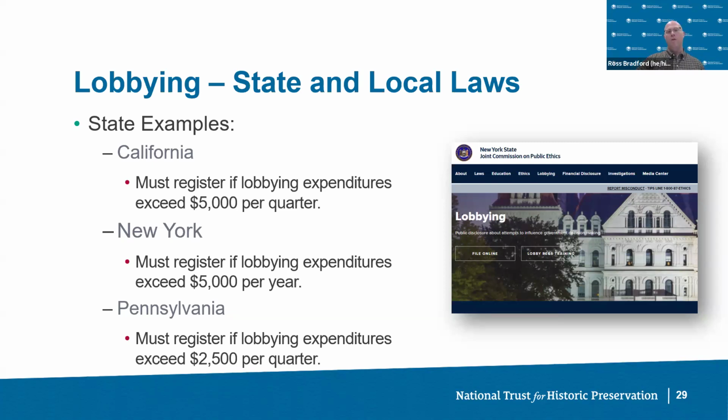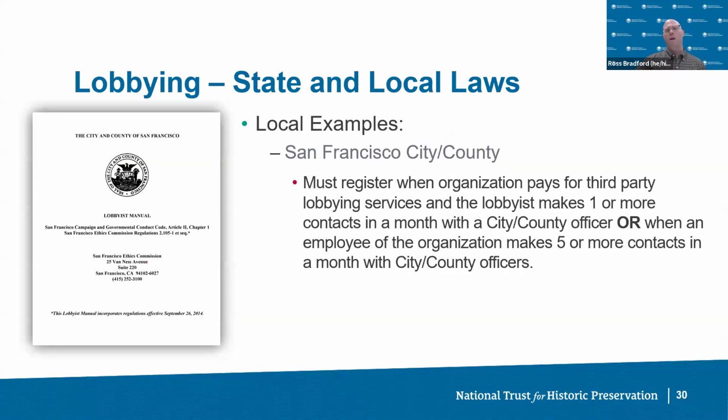And then drilling down a little bit further to the local level, in San Francisco, for example, if your nonprofit were to do any sort of lobbying and you employed a third-party lobbyist, if they make one or more contacts, you need to register. Or if employees of your organization make 5 or more contacts, then you would want to register. Again, there's not any uniformity. You really have to go to your Secretary of State's website. They often have lobbying primers or guides. Counties or municipalities will have the same, providing a list of things that you need to check off in order to conduct lobbying.